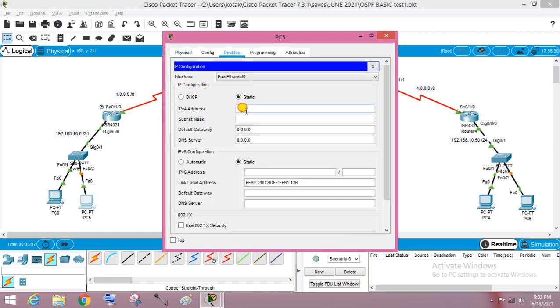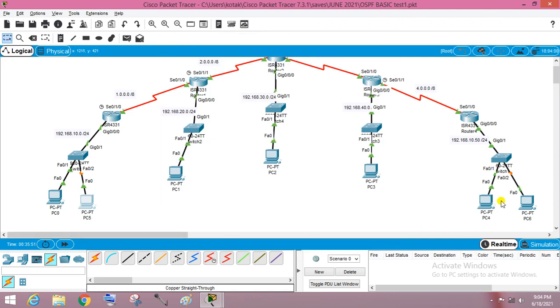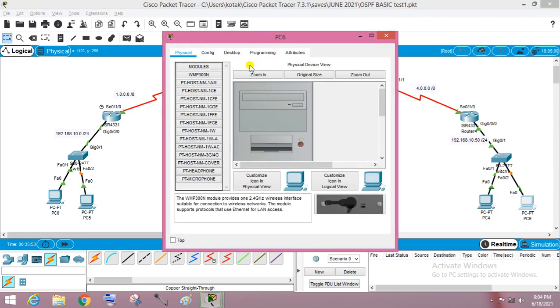The next available IP address will be 192.168.10.3 for that one, and here 10.4. Okay, 192.168.10.1 here, and in this case it will be 50.4.